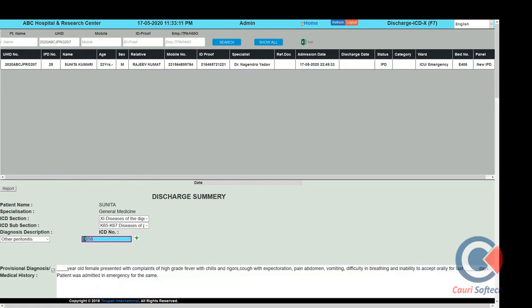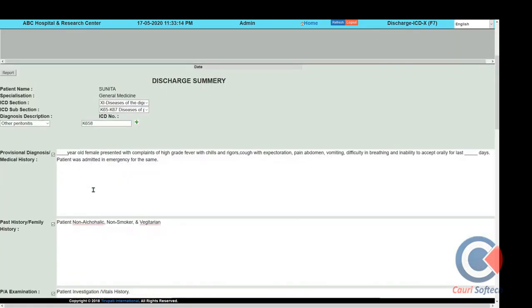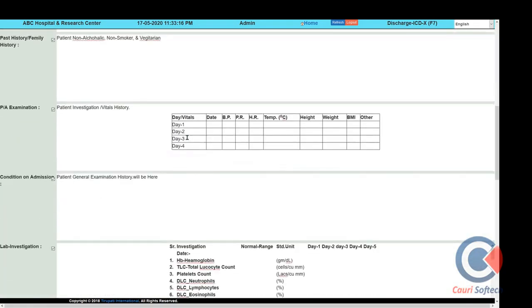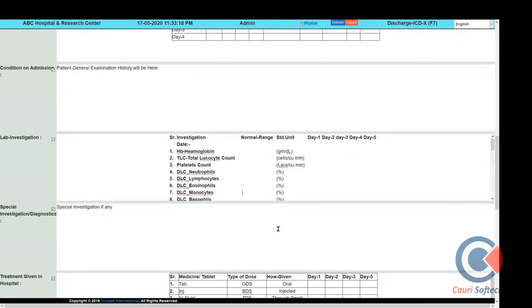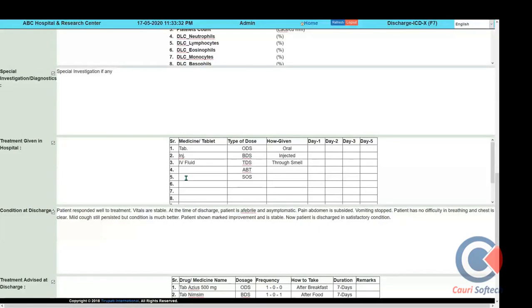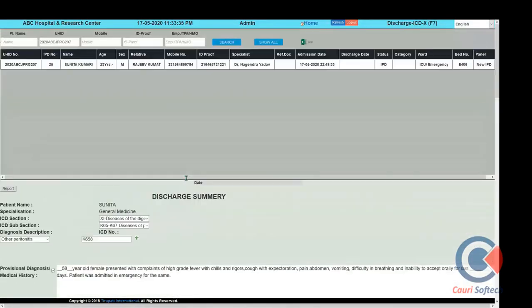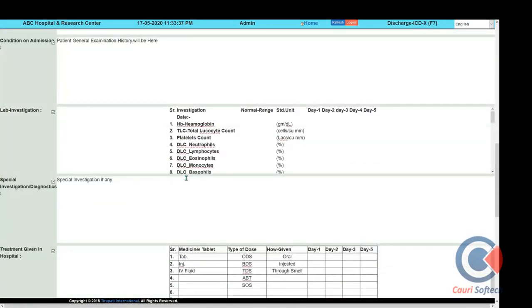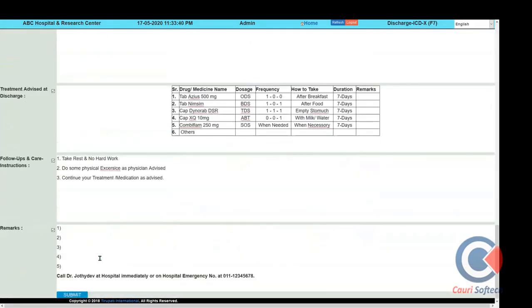The discharge ICD code will be reflected here. This information is editable, and we can put in the information; the value and test result will be automatically updated here. Like this way, we can fill the investigation field. That is the totally dynamic discharge format, and some values are fed automatically for lab investigation, vital entries, medicine. Automatically we can bring in the discharge summary at the time of the patient's discharge.